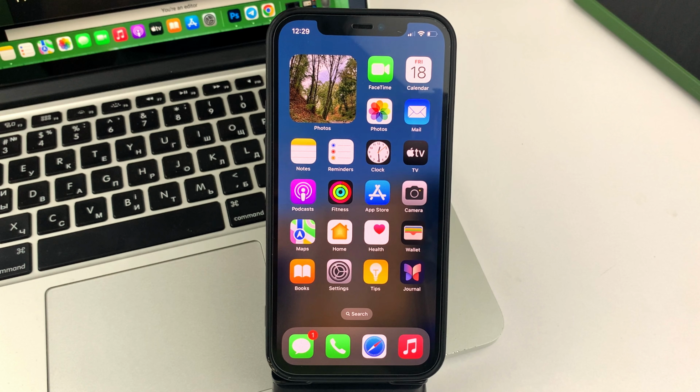Next, when you tap Ready, you will go back to your screensavers. Now click on it again and swipe up. As you can see, now the weather widget has been added to the lock screen on iPhone. Friends, with this simple method you can add weather to your iPhone lock screen.